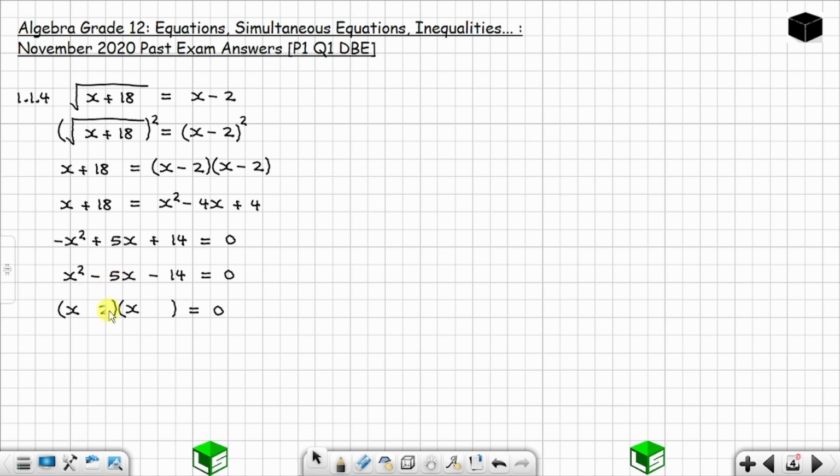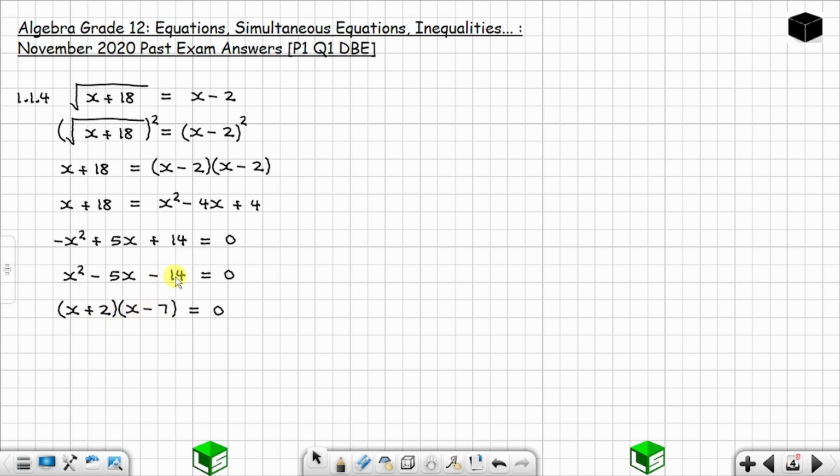So I can use 2 and 7, because I know that 2 times 7 will give me 14, and 2 minus 7 will give you minus 5. So I'm going to have minus there and positive there, right? Because I want to have 2 minus 7 so that I can have minus 5. And remember, 2 times 7 is 14, okay? So I'm having minus there and positive there. You can see 2 minus 7 will give me minus 5. 2 times negative 7 will give me negative 14.